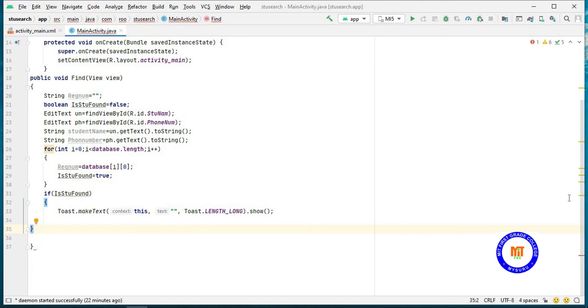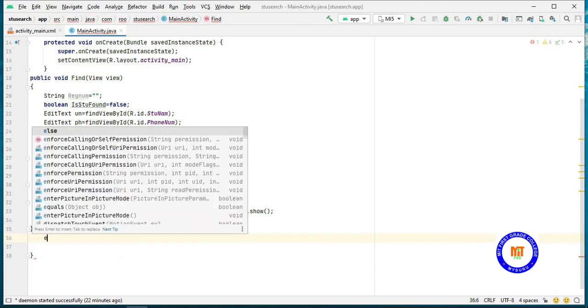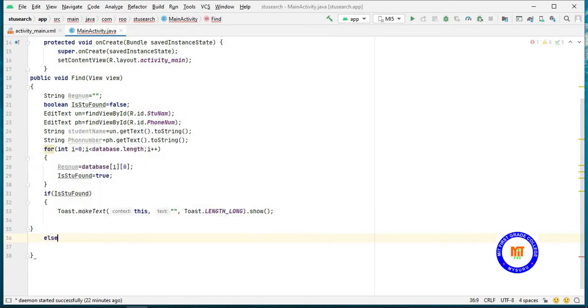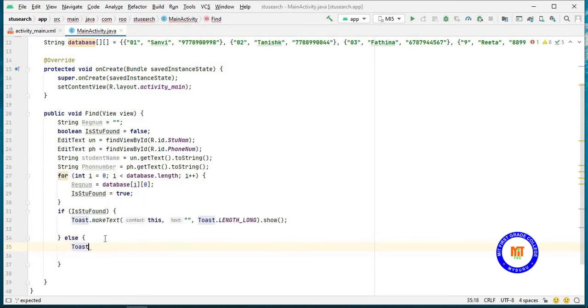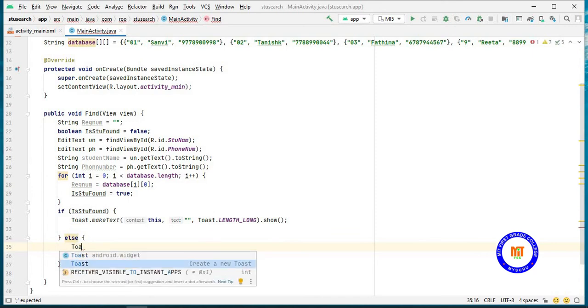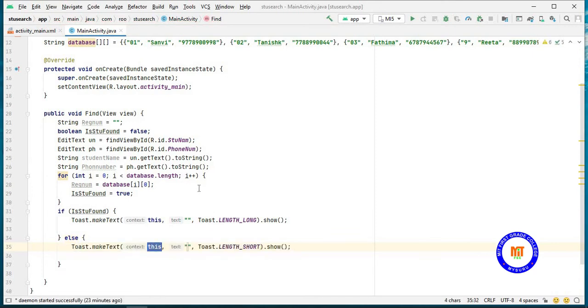So next, if the student result is not found, then we have to give the else part, right? So for that I am giving else. You have to show the message using the toast. Toast. The message has to be, here the message has to be the student is found.